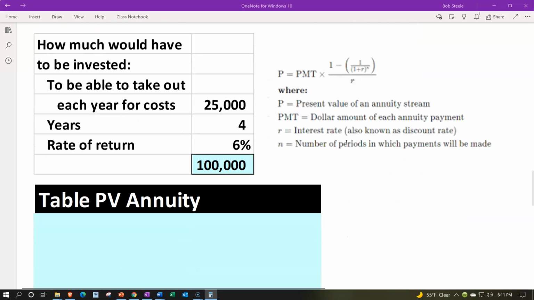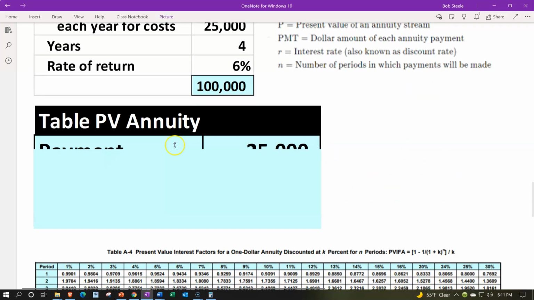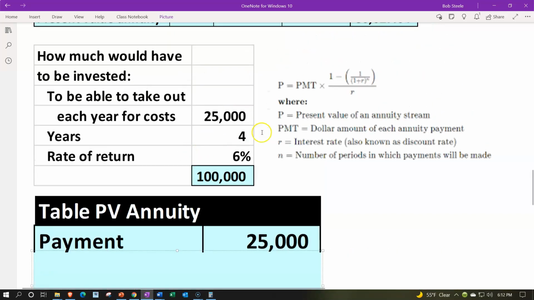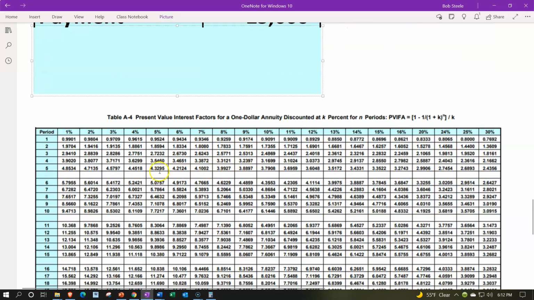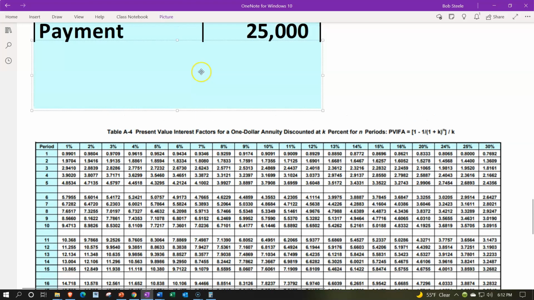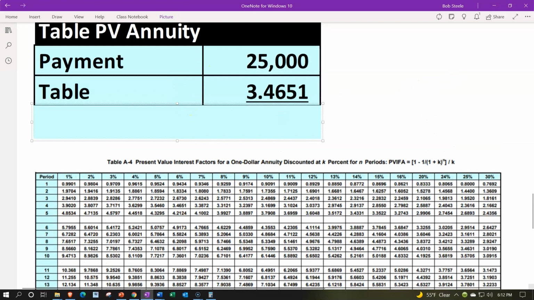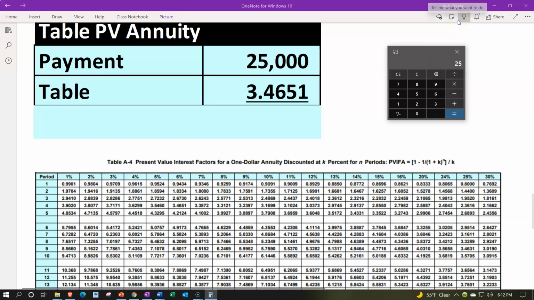So then going down, let's do the same thing with the tables now. Table time. Pretty straightforward table problem as long as we pick the proper table. Remember, there's typically 4 tables, 2 present value, 2 future value, both of them having an annuity and non-annuity. We, of course, here are looking at the present value annuity table, and then we want to look at the range of 6% and 4 periods. So we're looking at 6 and 4. Here's the 6, there's the 4. We're looking for 3.4651. There's the 3.4651. Let's multiply it out. 25,000 times 3.4651, giving us